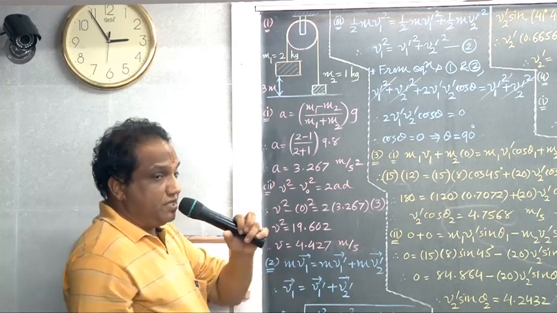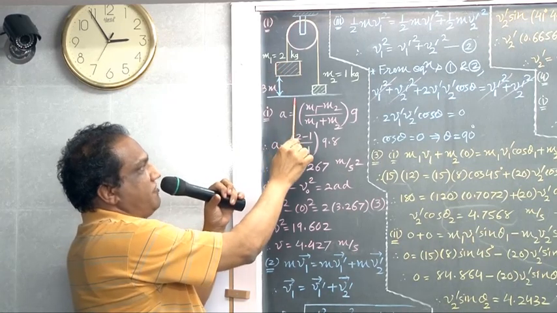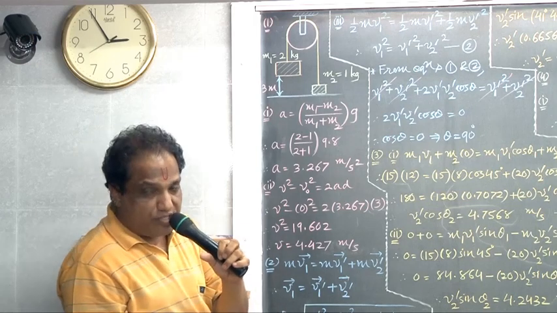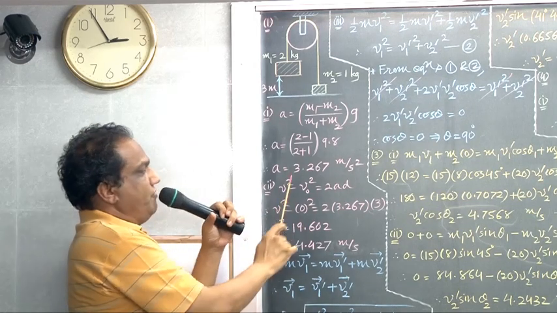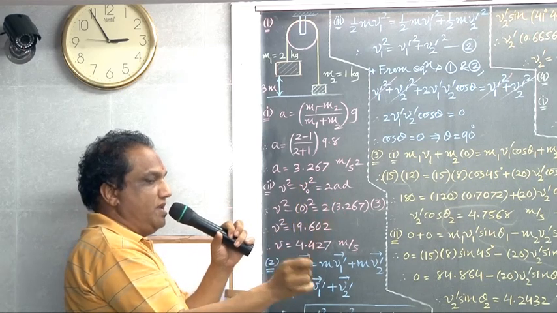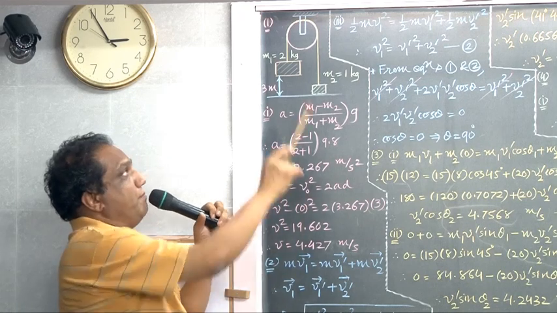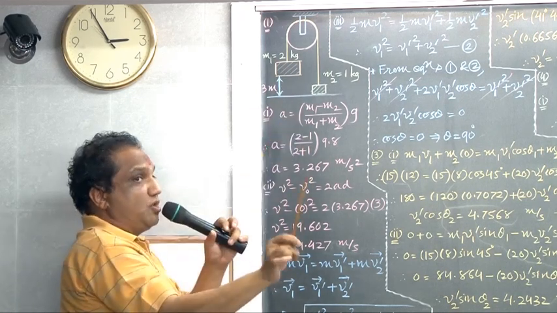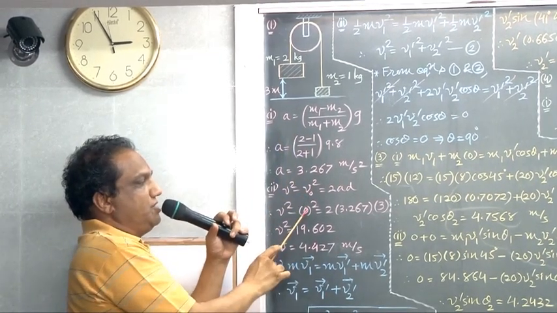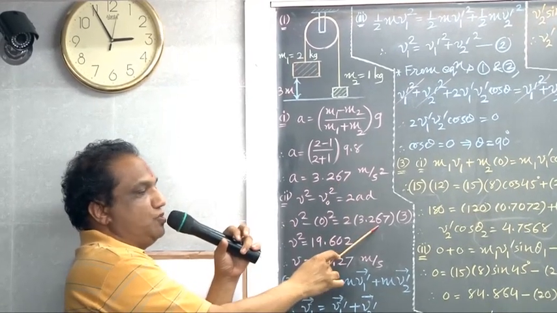Now what have they asked in the statement? When this body is likely to touch the ground surface, at that time what is the common velocity of both the blocks? Let us find out. Look, v square minus v0 square equals 2AD, the third equation of linear motion with constant linear acceleration. Now tell me, this block started from a position of rest, so initial velocity is 0. Acceleration you found out is 3.267.